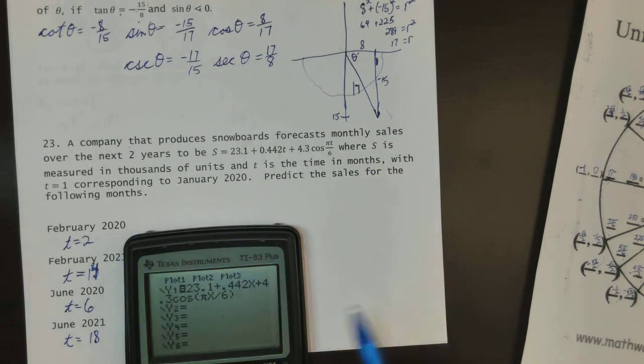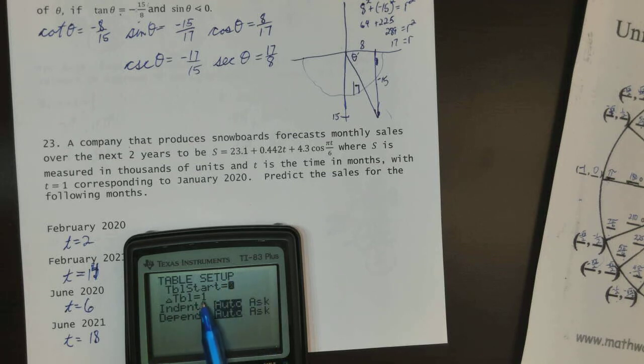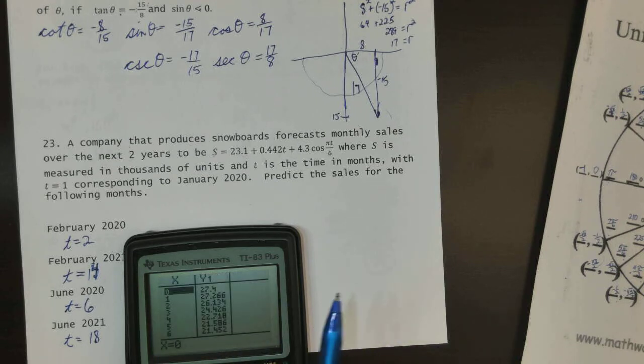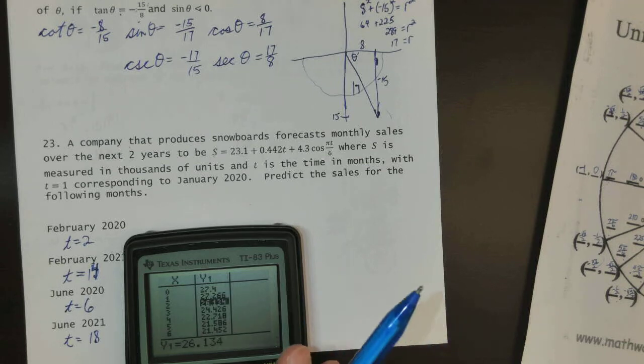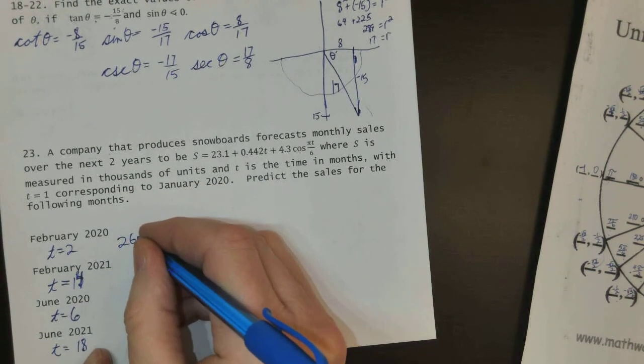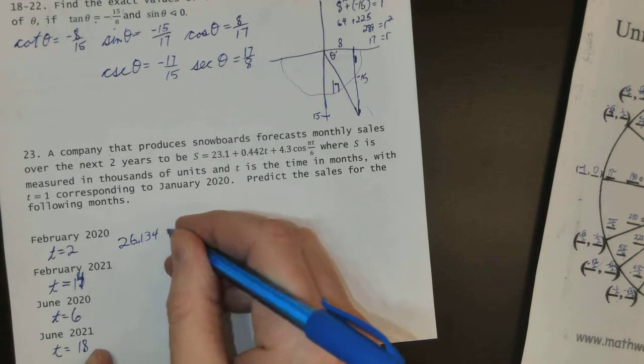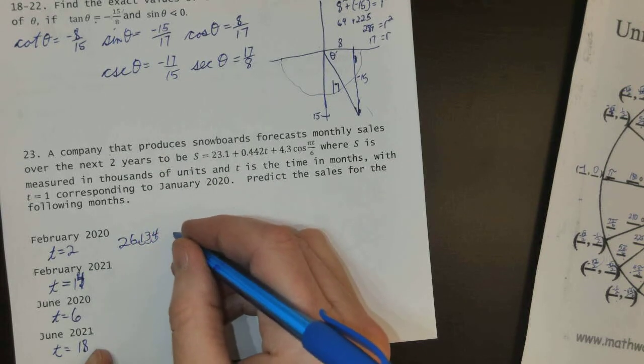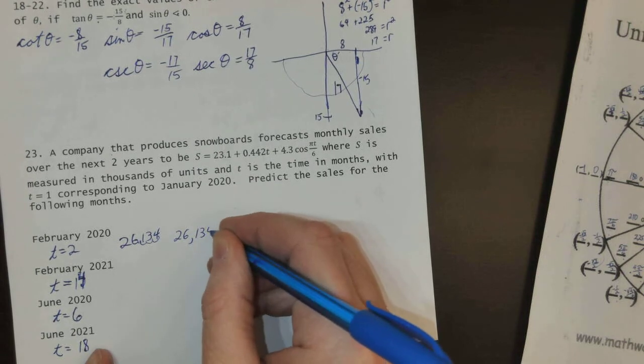And S is measured in thousands of units. I'm gonna do something here. I'm gonna look at the table set. I hit second and then window, and that gave me table, and just go by ones. That's by months. I'll just look at these up in the table. All right. So when t is 2, we are at 26.134 thousands. Let's just move that 3 places. That's 26,134